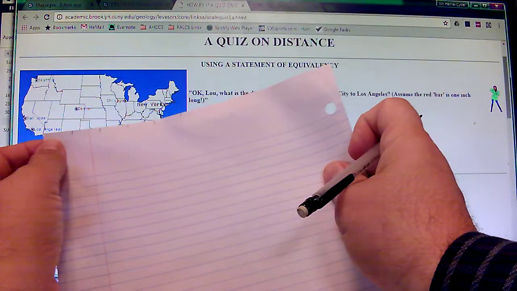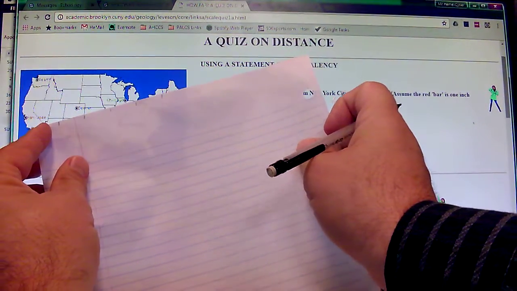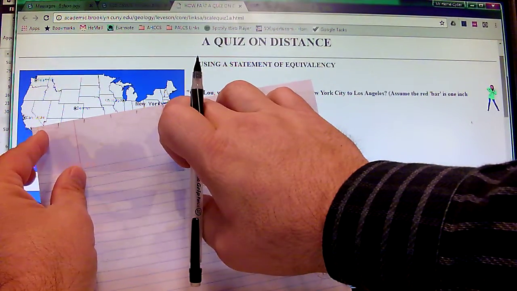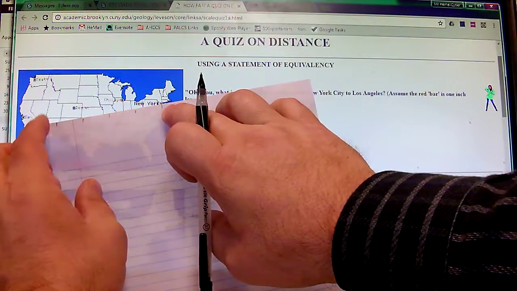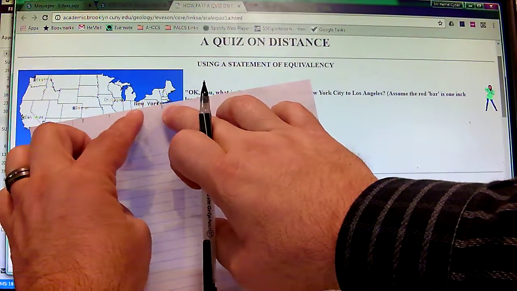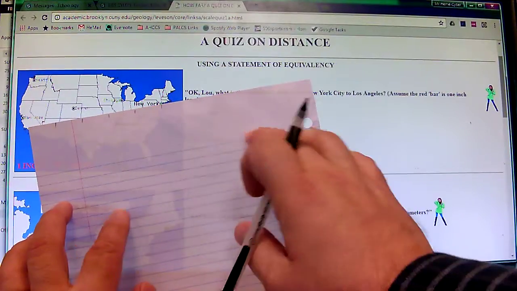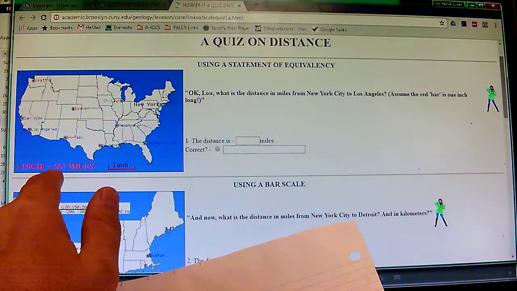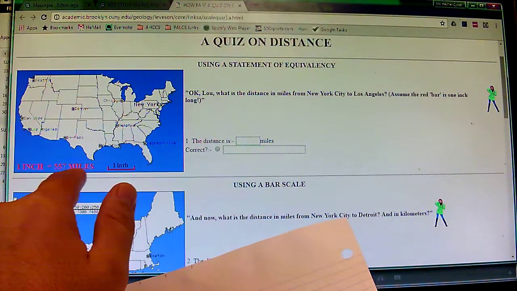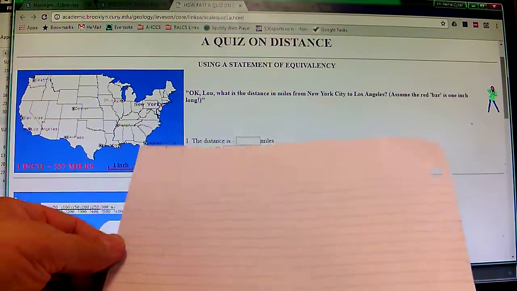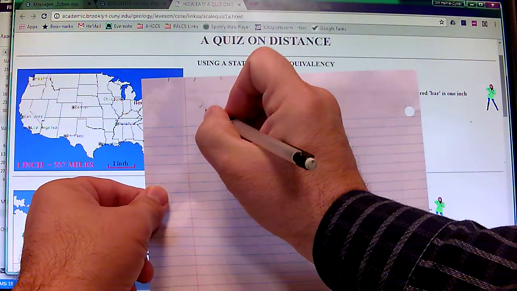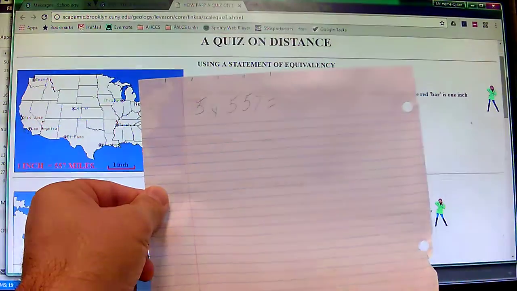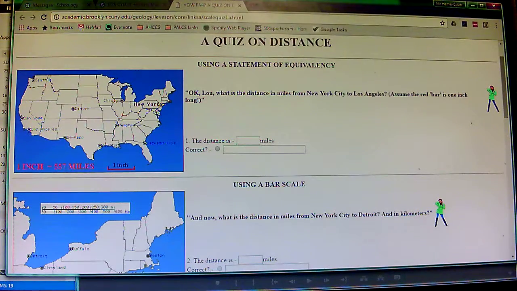So now I know my start is here. Doesn't matter if I go from New York to LA or LA to New York. Look at that, perfect. So it's 1, 2, 3, 4, 5. So it's 5 of these inches. So each of these inches equals 557 miles. So I just have to multiply this by the 5. And that equals